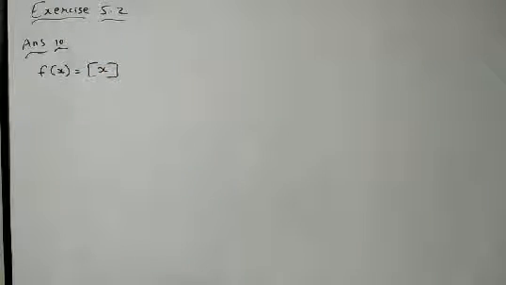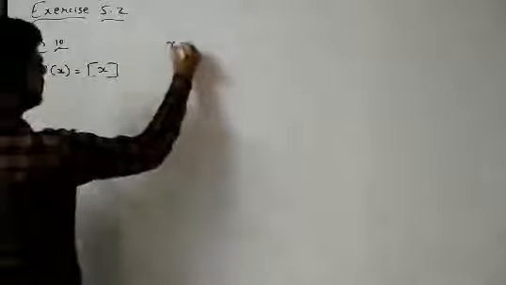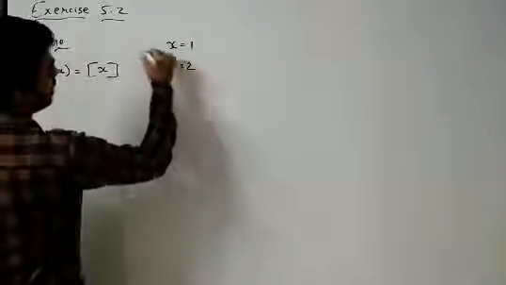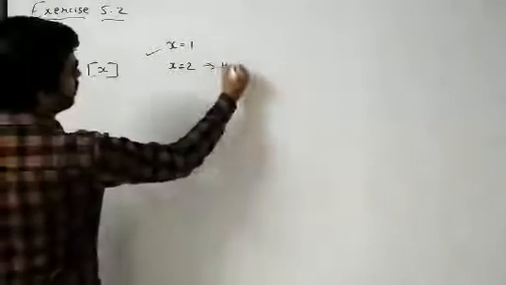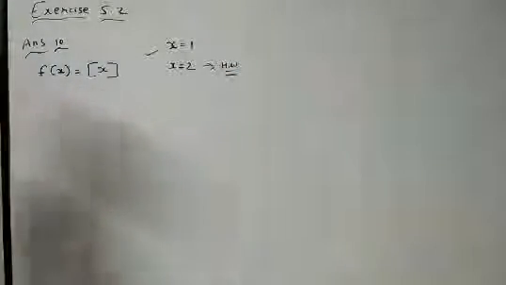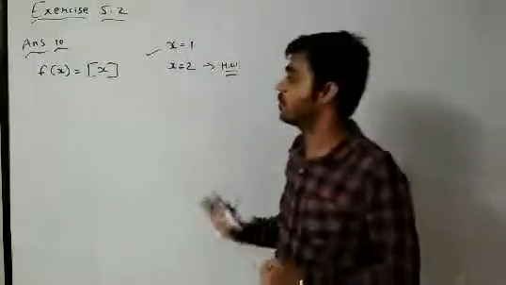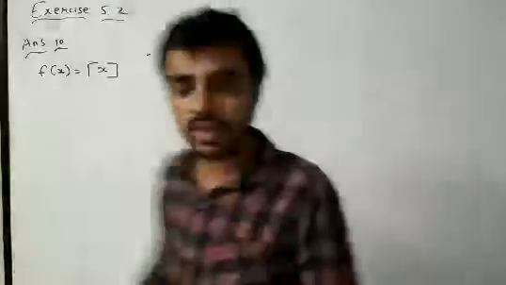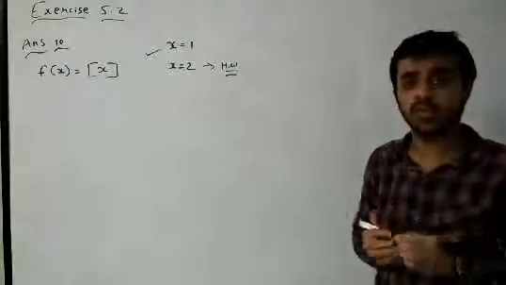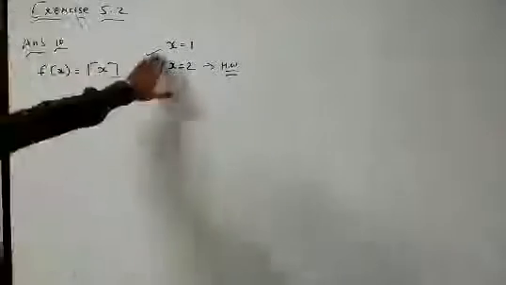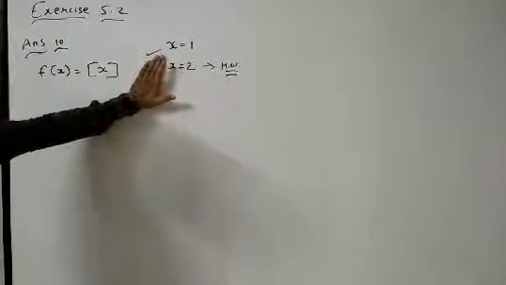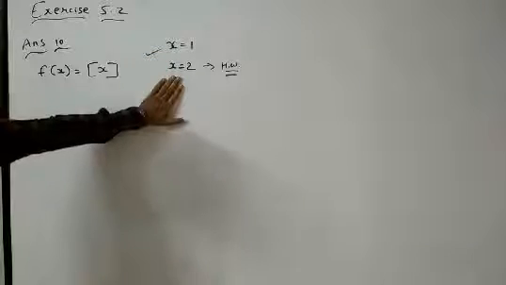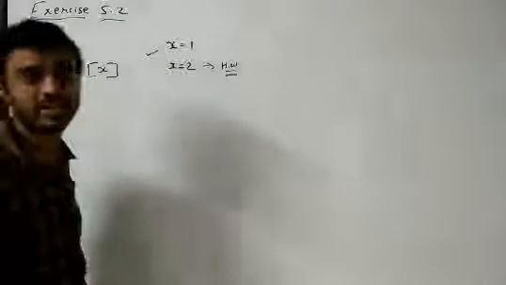We have to prove that it is not differentiable at x equal to 1 and also at x equal to 2. I will do x equal to 1. This you do as homework. At x equal to 2, you try to solve on your own. So how will we prove this? Listen, I am showing you for x equal to 1. You will try for x equal to 2, with the same method, just taking the point as 2.